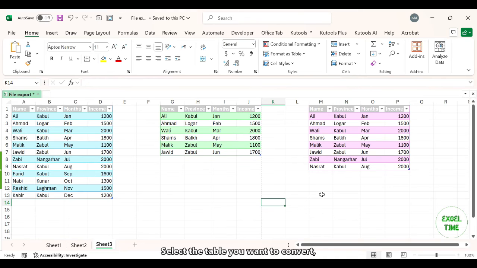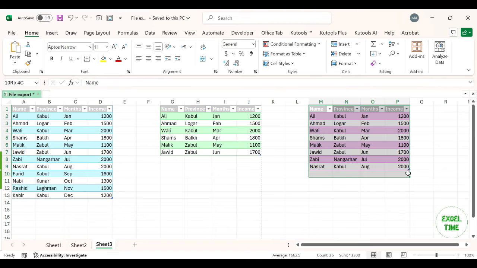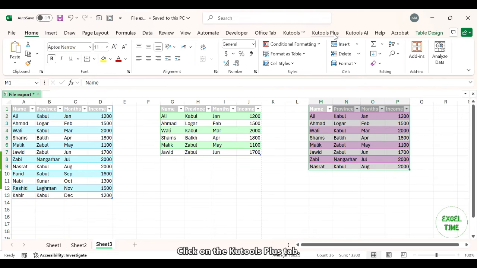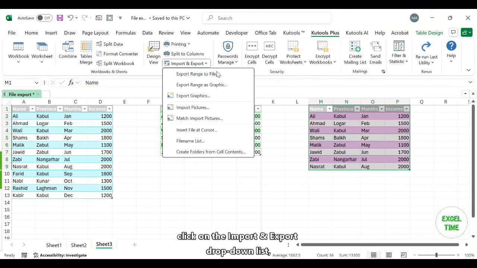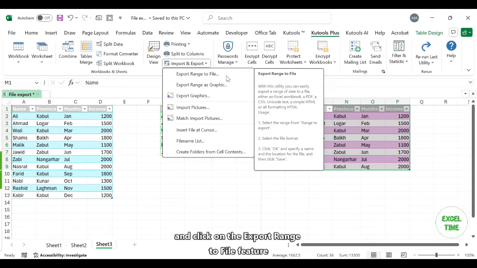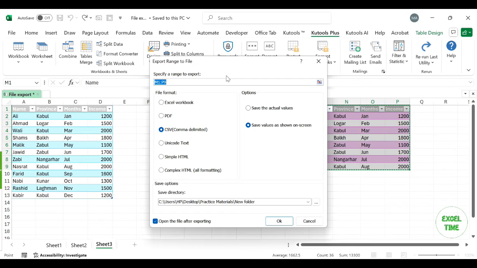Select the table you want to convert. Click on the Kutools Plus tab. In the Workbooks and Sheets group, click on the Import and Export drop-down list and click on the Export Range to File feature. In the Export Range to File dialog, check the file format you want to convert to